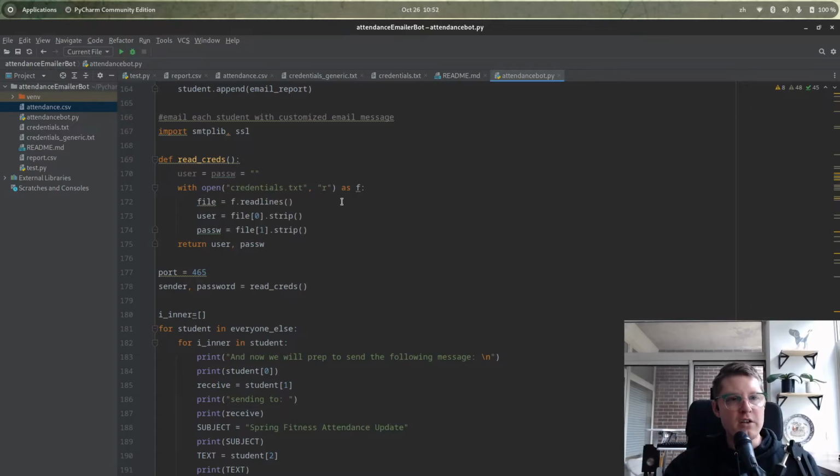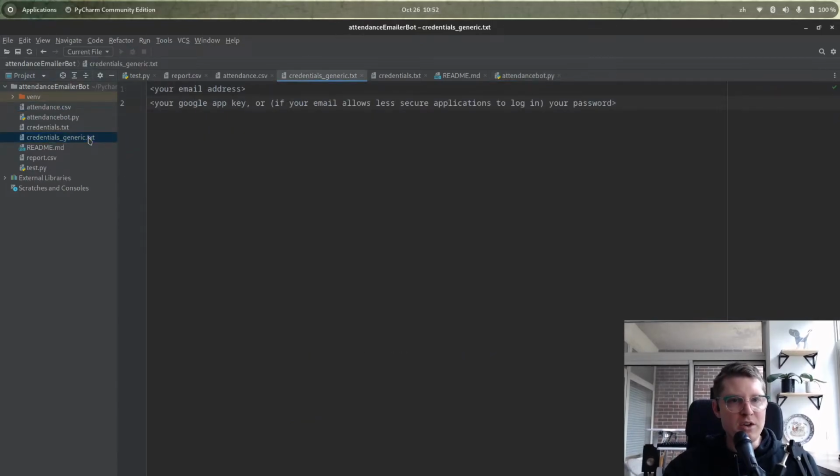So in that file, what you would see here, I have a generic version to hide my own information. You would put your email address first, and in line 2, either your password if you have an email that allows less secure applications to log in. If you're using Google, though, this was a change actually within the time frame of when I used the code on the job, and then now when I'm writing it up as a project. They changed their policy for less secure apps, so the code actually wasn't able to log in and send emails